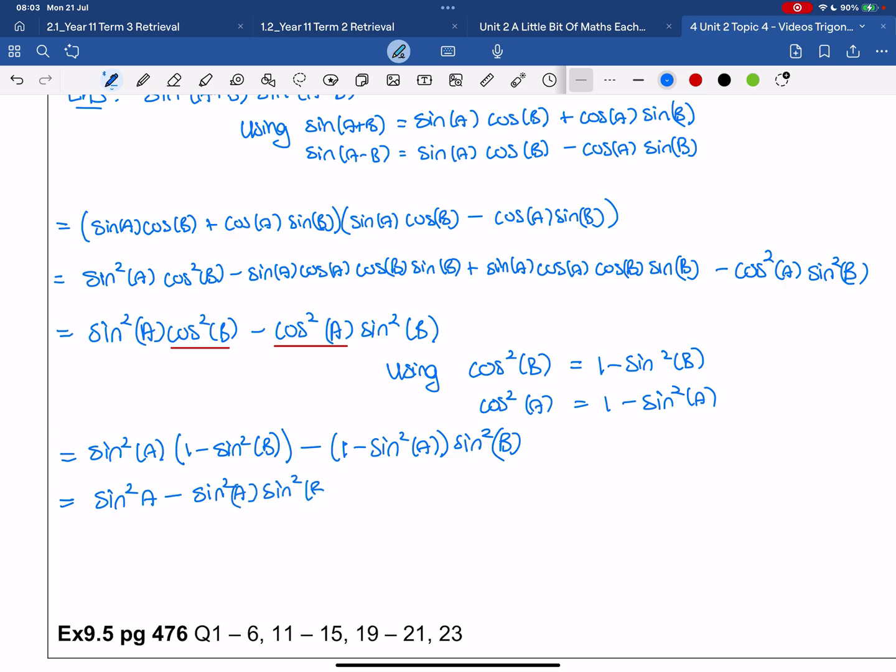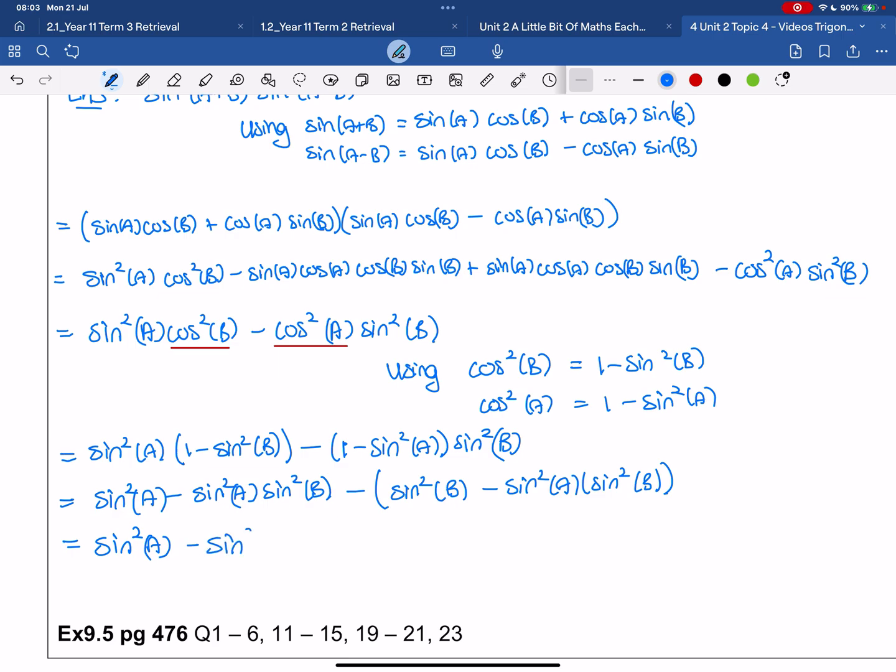Sine squared b, minus, and then I expand this, sine squared b minus sine squared a sine squared b. And when I expand my negative, my sine squared a sine squared b's cancel, and I get sine squared a